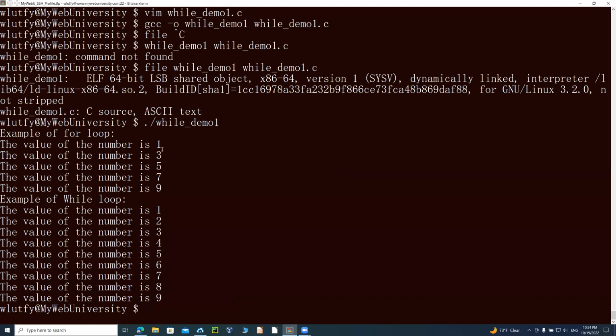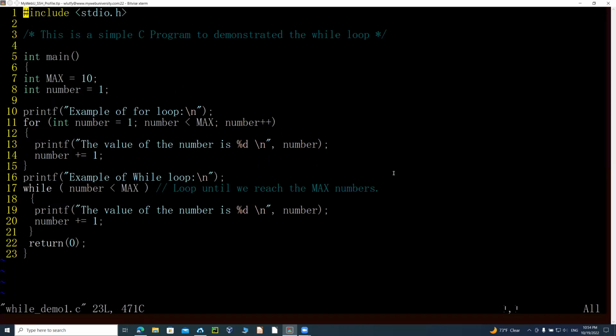What happened to the rest of the numbers? So let's just look at that one. While for the for loop, we're missing something. Let's just see what happened here. So we are saying int number is equal to 1, num plus 1 there, and then